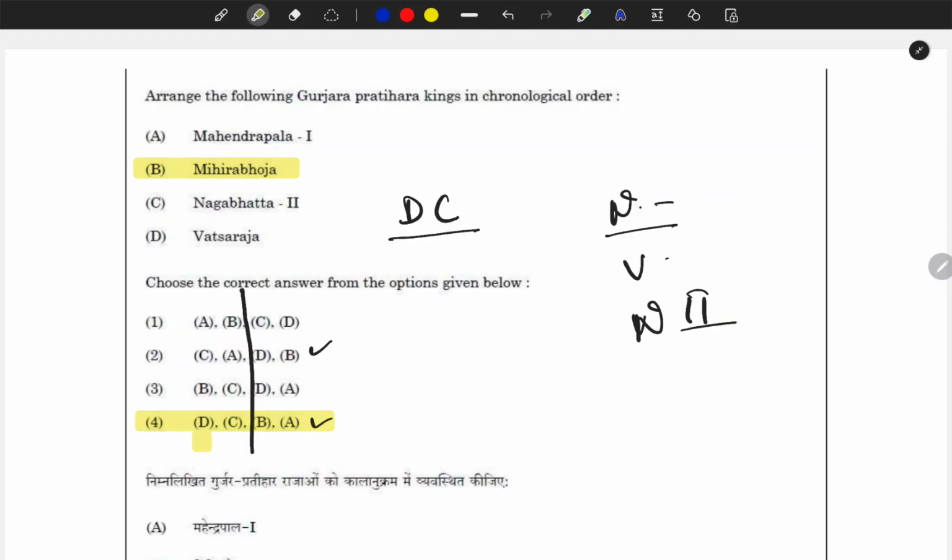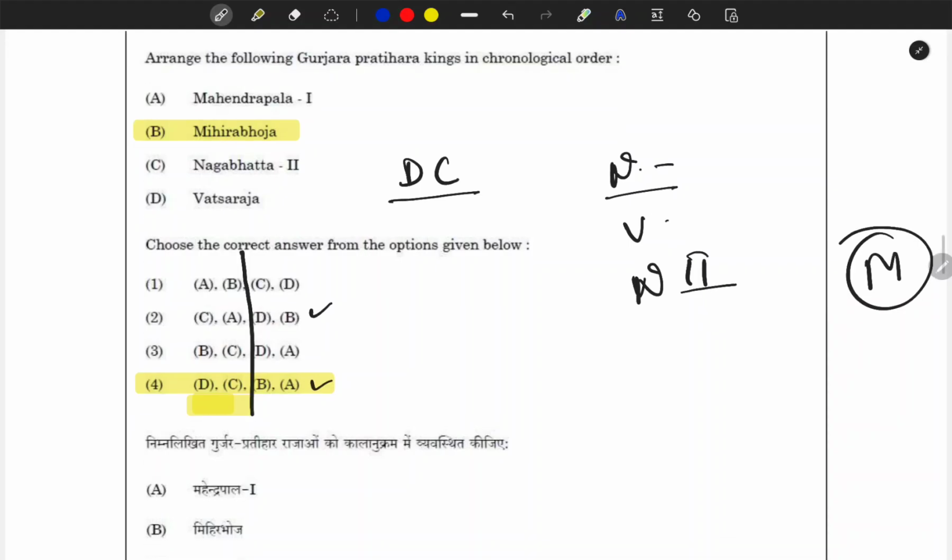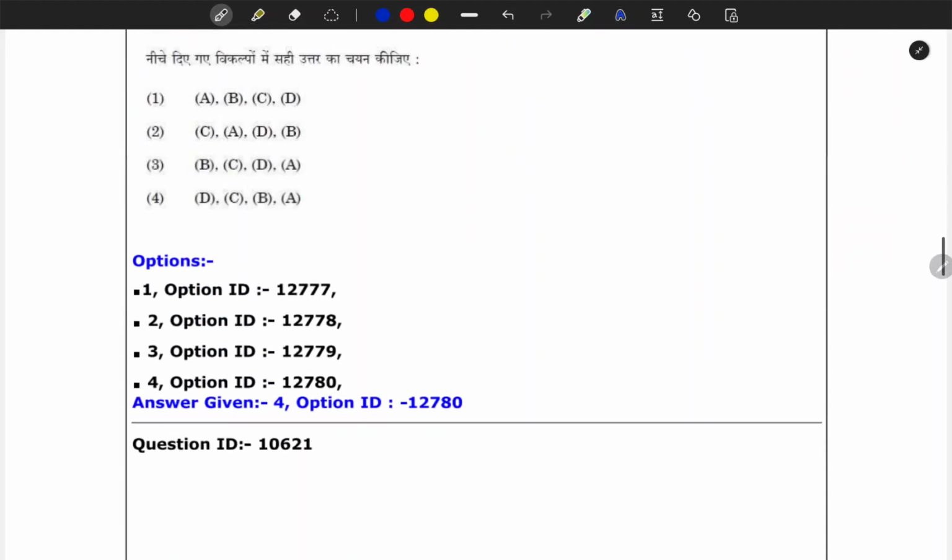Because I knew that D and C will be together, and D will be first here, and then it will be C. Okay, so if I knew this, it was a very easy question for me. But if you don't know, it was a moderate question for you, so I'll write moderate here. Next question here,